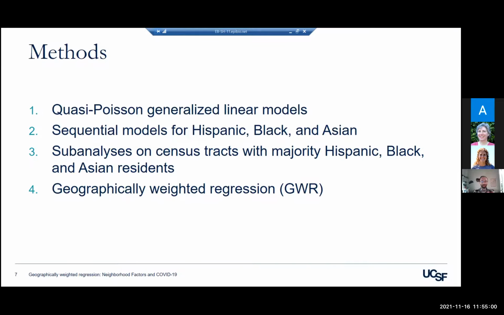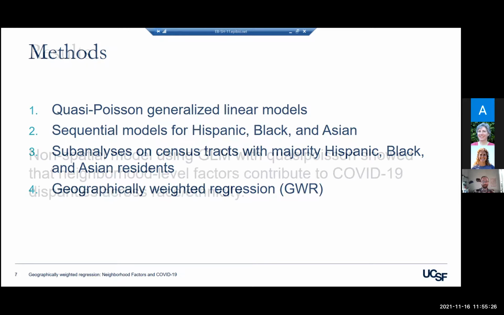So back to this particular study, we used quasi-Poisson generalized linear models first, then we did sequential models for Hispanic, Latinx, Black, African American, and Asian American population groups. And then we did sub-analyses on census tracts with those populations. And then we did a geographically weighted regression. So I'm going to focus on the GWR, but just to give you a sense quickly